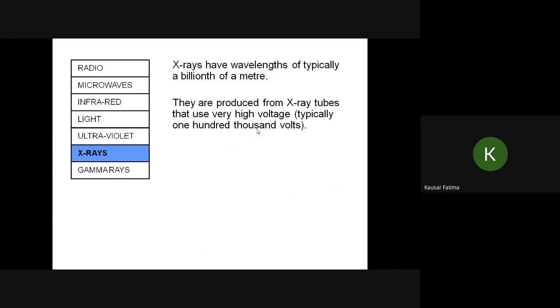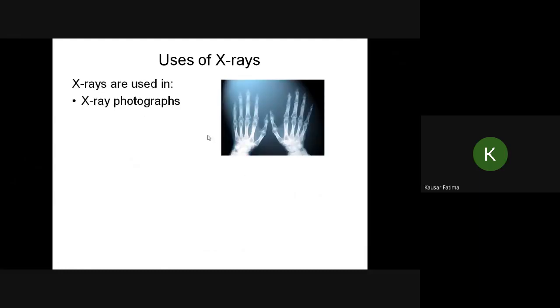An X-ray tube is a huge setup in which electrons are accelerated, and when they hit the metal target, the collision causes X-rays to be emitted. They are highly penetrating, and they are stopped by several centimeters of lead and by your bones also. So one common use is X-ray photography,